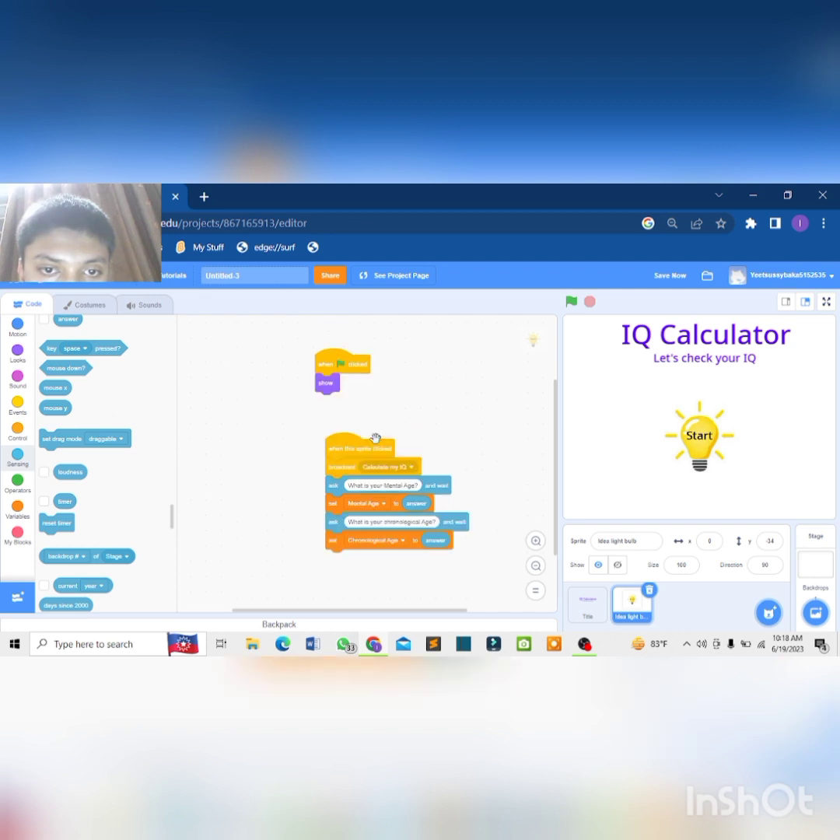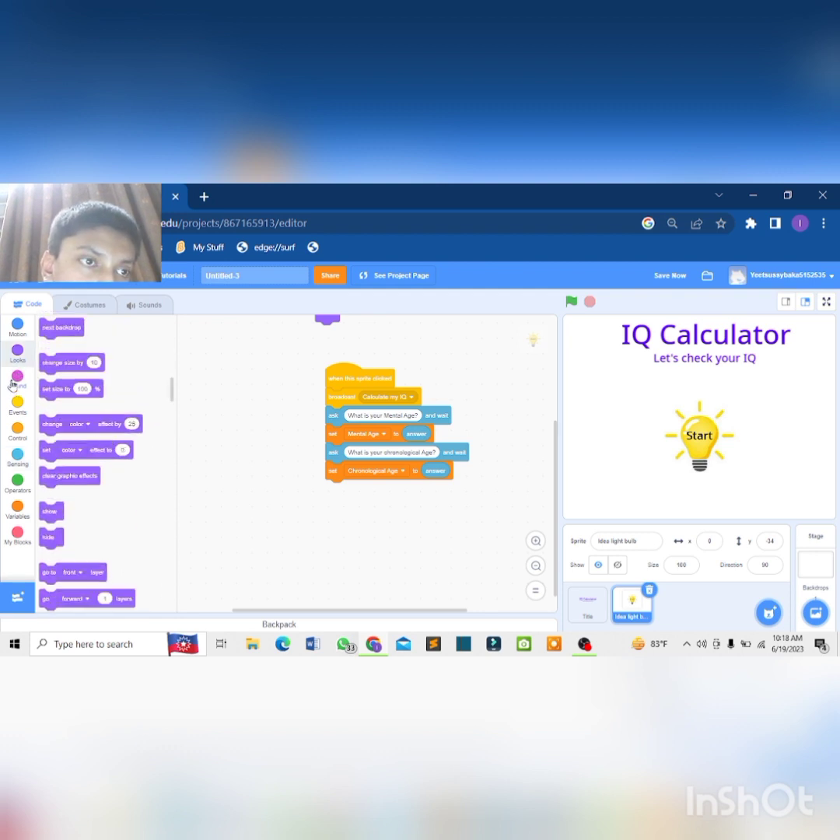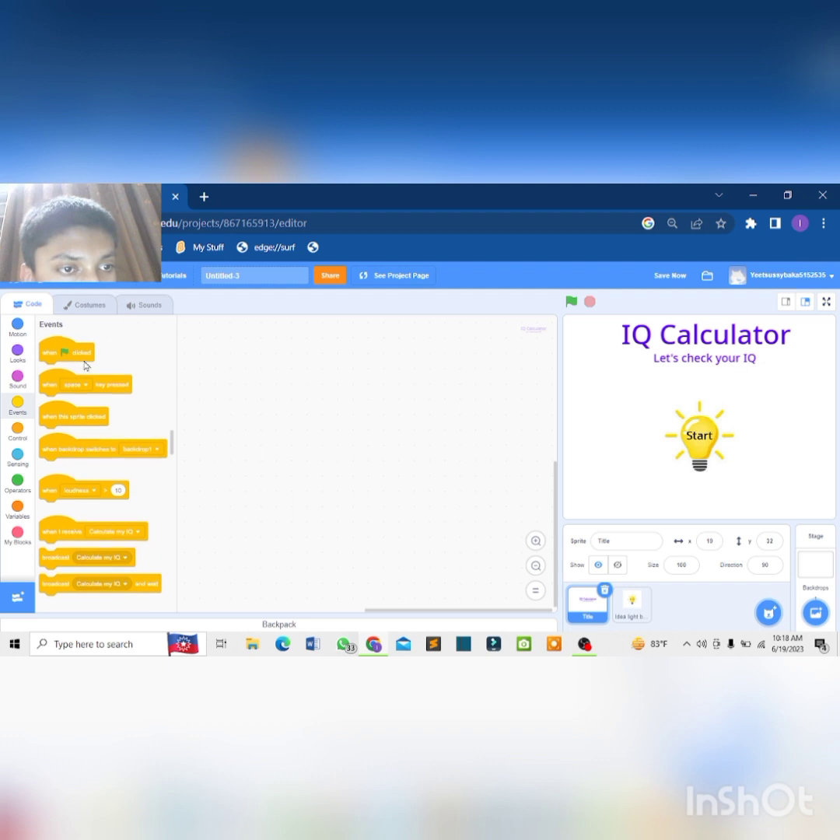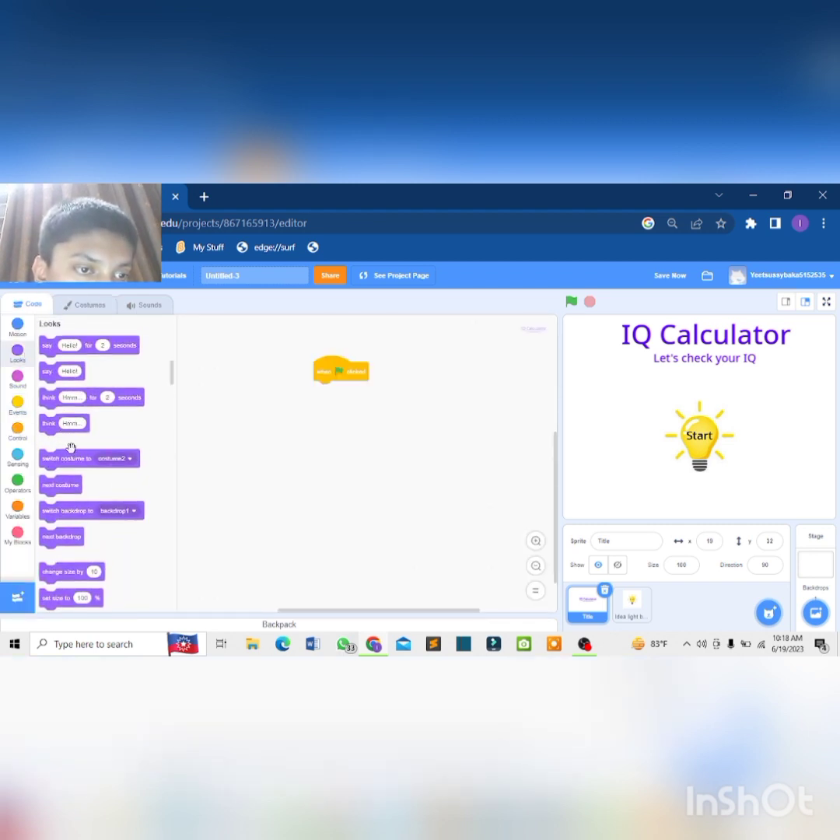Now we need to make it so that when I click this light bulb it will hide. So I need to go to this looks option and grab this hide command. I also need to make it so that when this green flag is clicked, this one will show. I have two costumes, this and this will show later. So I need to write switch costume to costume 1,